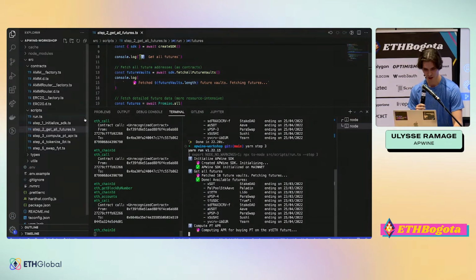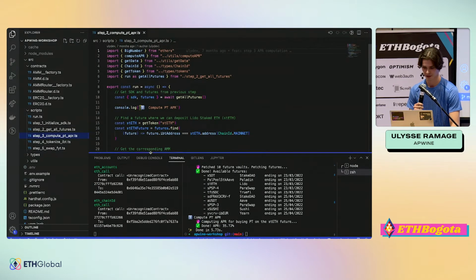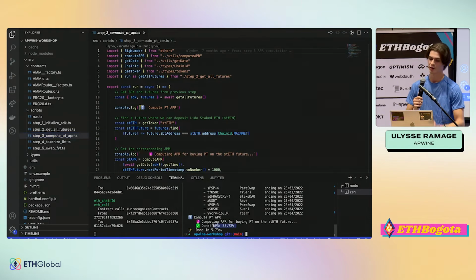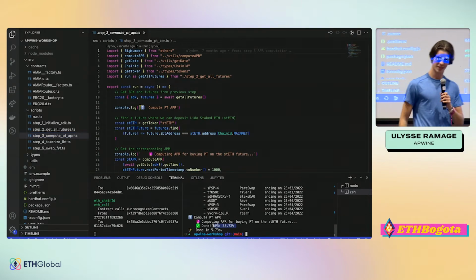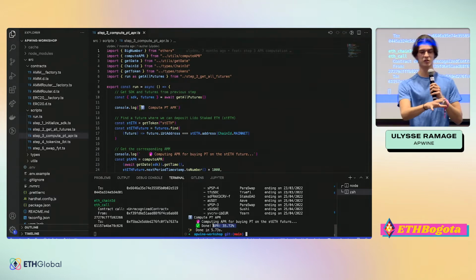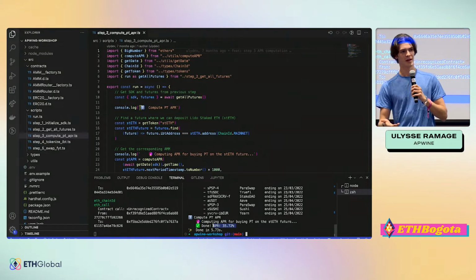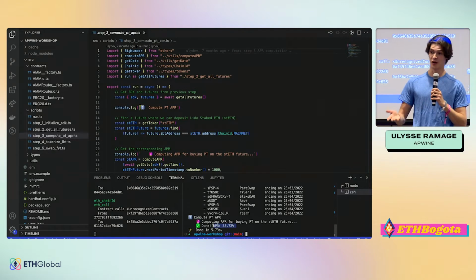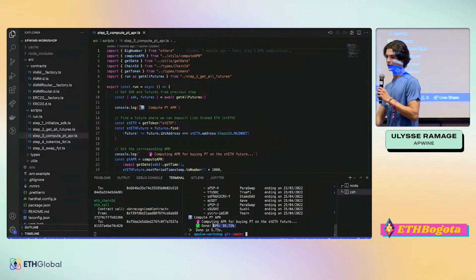And we can take a look at what it does here, compute PT APR. So here the result is that we get an APR of 35%. Remember, this was before, how is that possible? The magic of DeFi. This was very close to the launch of APWine. So there were still many opportunities available for arbitrage. There are still many opportunities available, but just keep in mind that this was an older date.